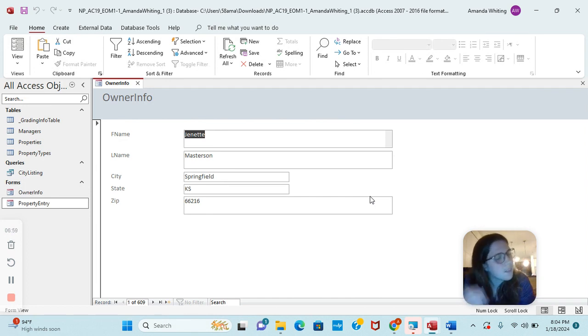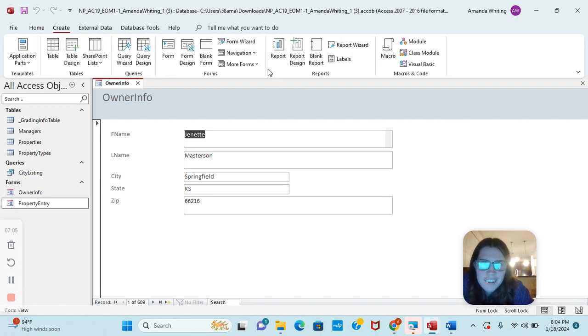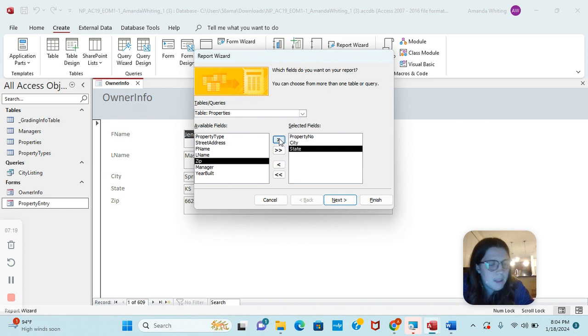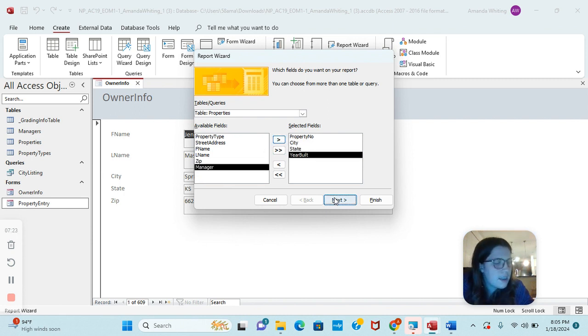Awesome. Okay. Last step, step number 8, is we're going to create a report using, guess what, report wizard. Here we go. Go create. Let's go report. And what we're going to want for here is property number, city, so you can just click, add it to our selected fields, state, and year built. Then next,